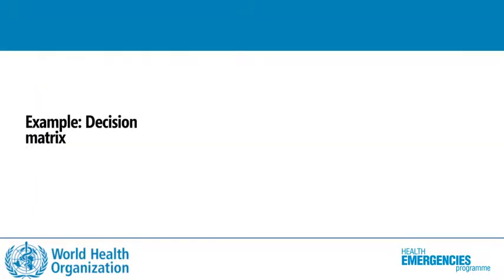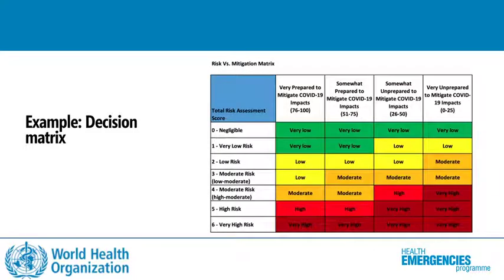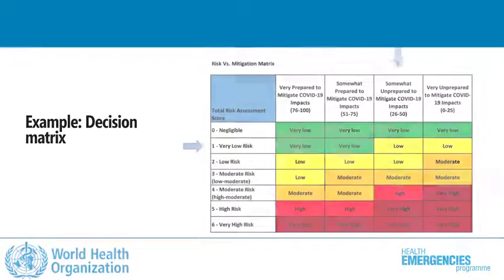After completing the entire mitigation checklist for this exercise, we receive a score of 43%. Going back to our decision tree, we find the risk score of 1 for very low risk and the modification range that includes 43%. So that would be 26 to 50%, and we can see that our overall risk is low. Now that we have completed the risk assessment process, we can use this information to further refine our planning for the upcoming sporting mass gathering.